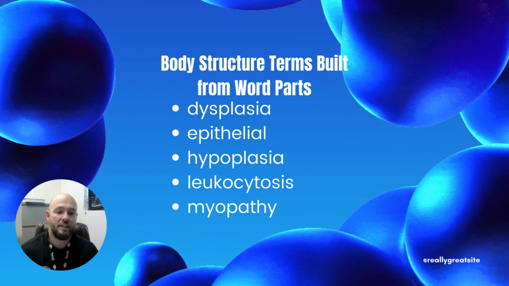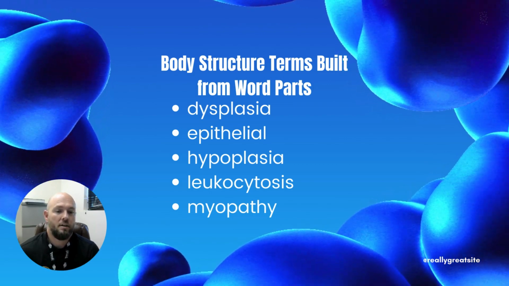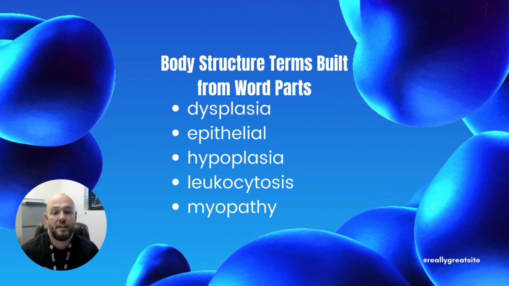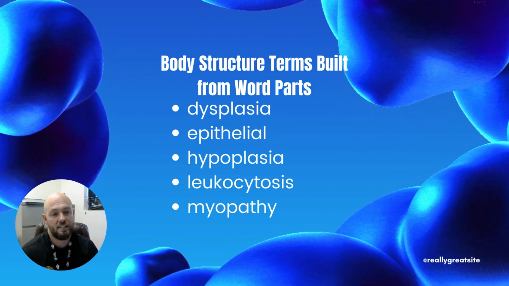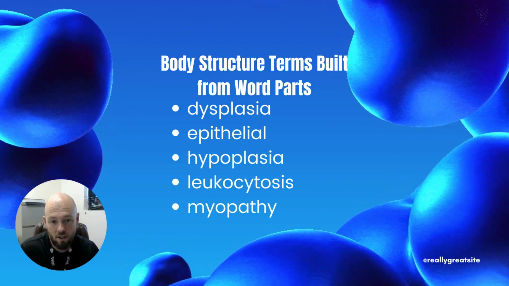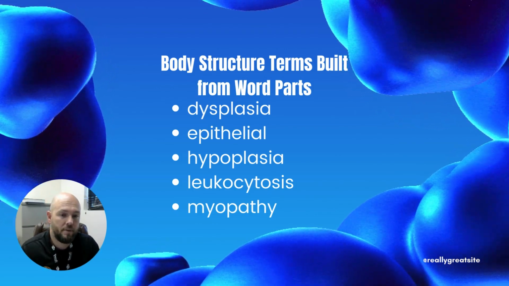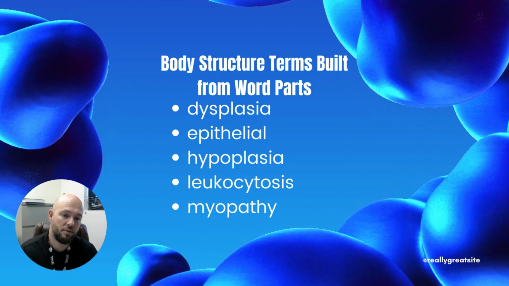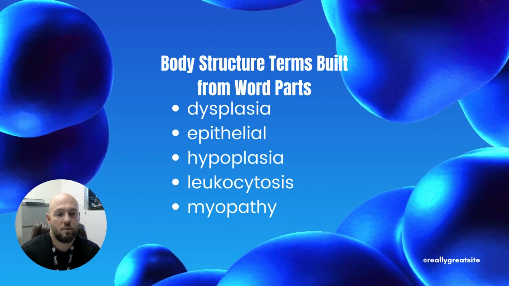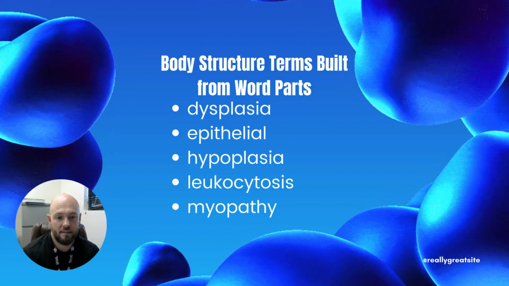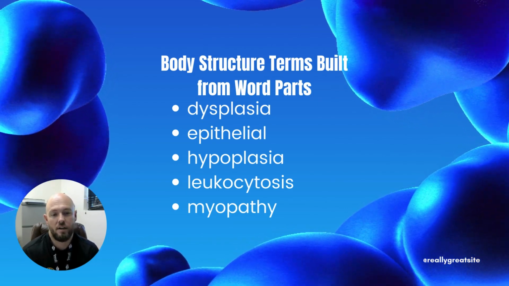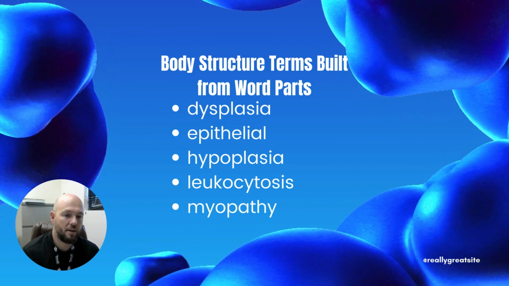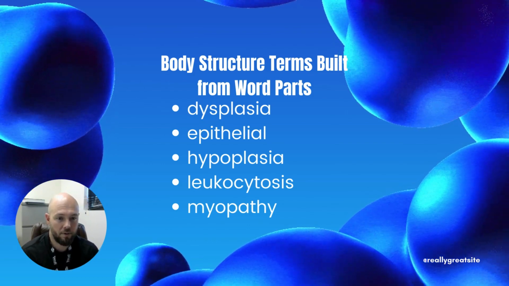Epithelial. Epithelio is a combining form referring to the tissue surrounding internal and external organs. The suffix is just the al for ease of pronunciation. So epithelial, you might be looking for a prefix or a suffix. It's a little bit harder to find, but epithelial is referring to tissue surrounding internal and external organs. Hypoplasia, again, made up of a prefix and a suffix. Hypo is under, inadequate, incomplete. Plasia is growth, so like underdevelopment, undergrowth, not fully grown. Hypoplasia.